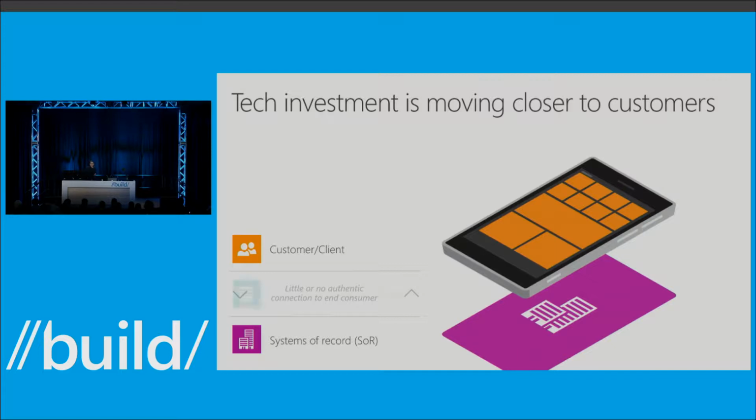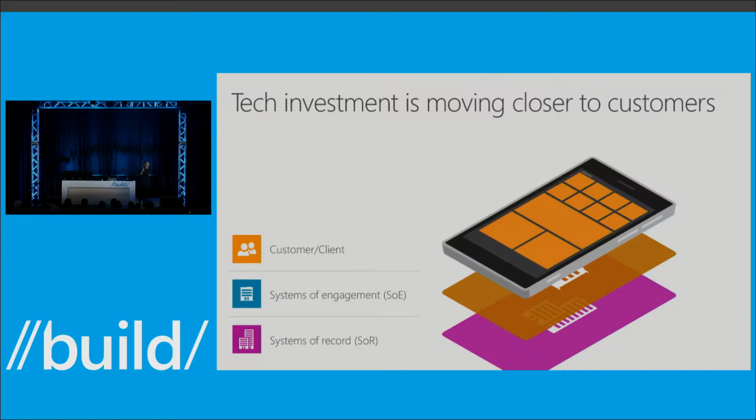What we're certainly seeing is that there's an increasing number of people who have to build these systems of engagement. And I think about this with two good app examples. One, my favorite one, is the Krispy Kreme Hot Light app. How many of you are familiar with that app? Came out a couple of years ago. I love this app. Not because I'm a big donut eater, although I do like my donuts, but because the